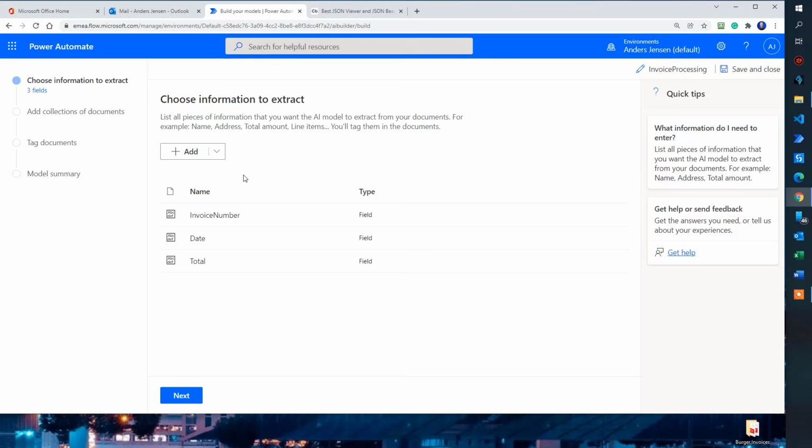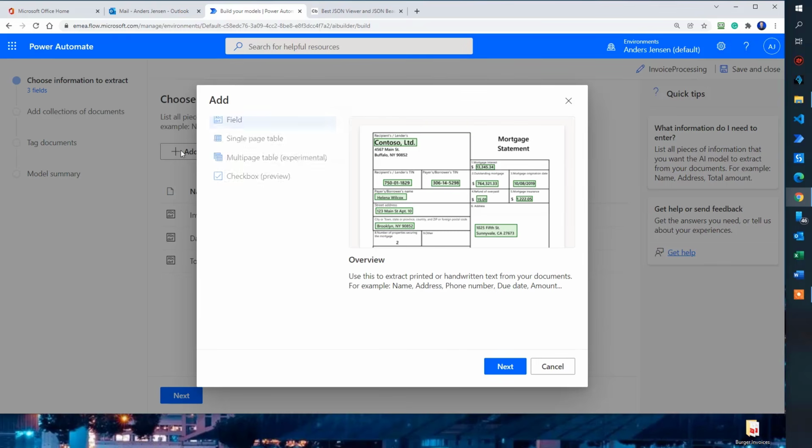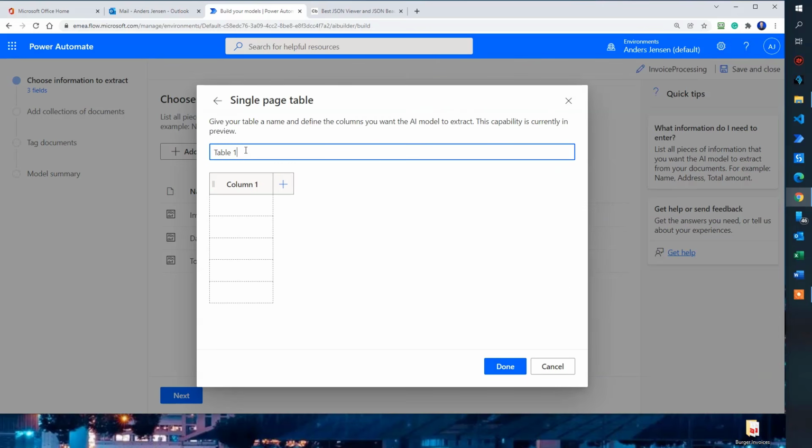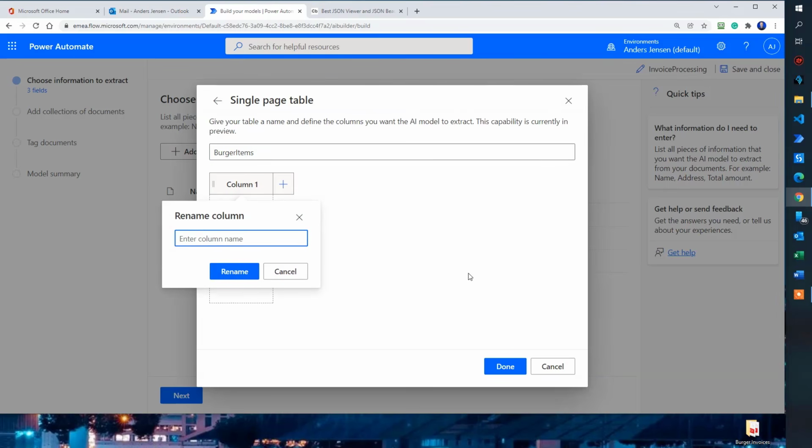Now we just need our table with data in it, and again, it doesn't have to be an invoice. It could be whatever document you have with a table in, either PDF or a PNG or JPEG. So click Single Page Table and then click Next. We can call our table something. That doesn't really matter that much, but I can just call them burger items. Then I need to tell what name my columns should have. So if I click the column 1, rename column here, and I will give them the same names as they have